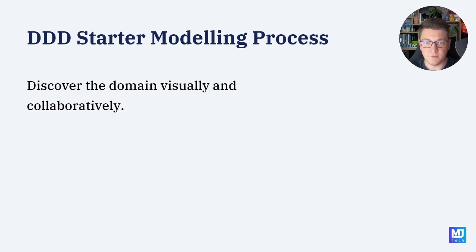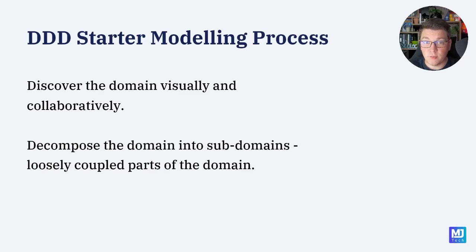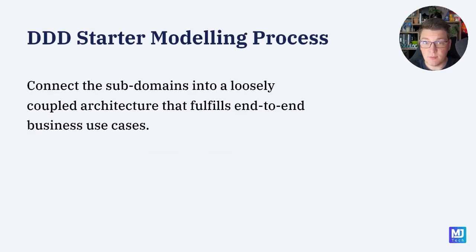visual and collaborative way. Once you have figured out what your domain consists of, you can decompose it into smaller, loosely coupled subdomains, and then you can translate your subdomains into a loosely coupled architecture that fulfills your business use cases. If you think about it, these subdomains have a very clear mapping to the modules inside of our modular monolith. So you can almost think of a subdomain as a module that provides the required functionality valuable for the business, and when we combine multiple modules or multiple subdomains, we can architect an application that provides all of the